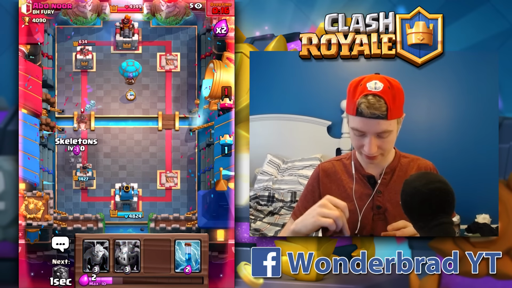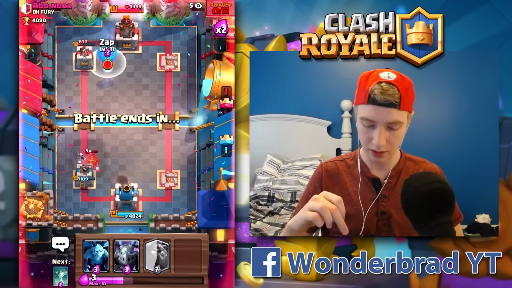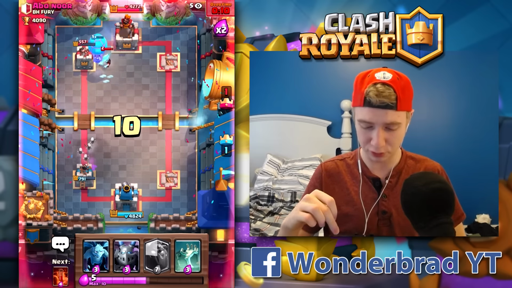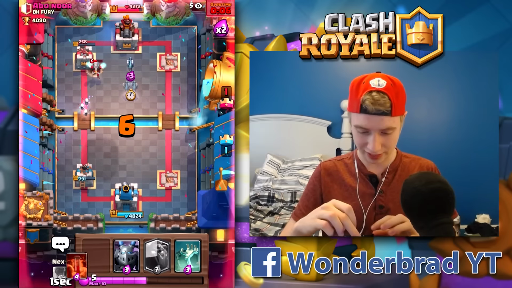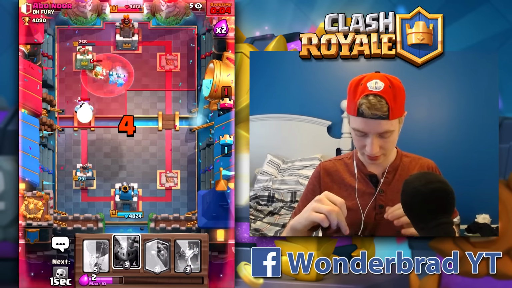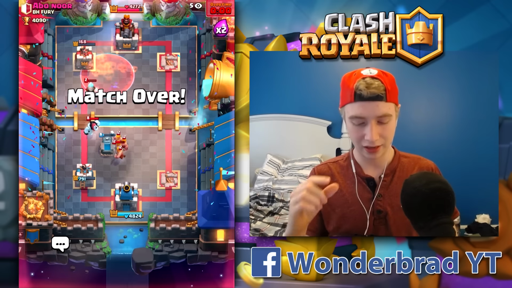I'm going to go Balloon right there, and what's he going to do? If he goes Ice Wizard, that is going to be a ton of trouble. But I'm going to zap. I'm going to zap. Balloon, just get a shot. Get a shot. Dang it. Okay, I'm going to put that down and that down. And I'm just going to try to cycle as fast as I can. We're not going to quite get it, but...